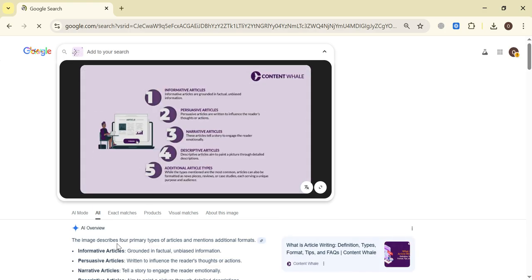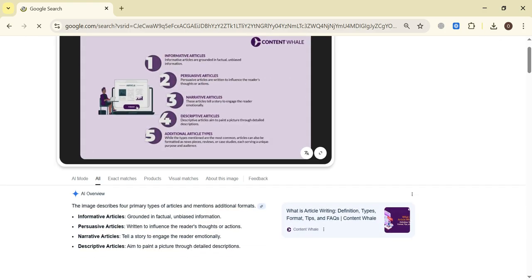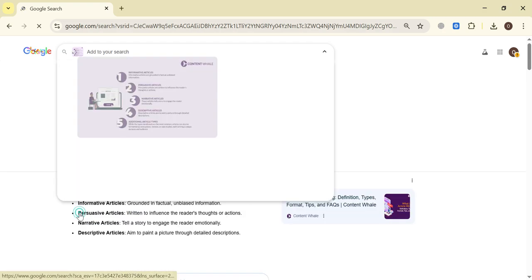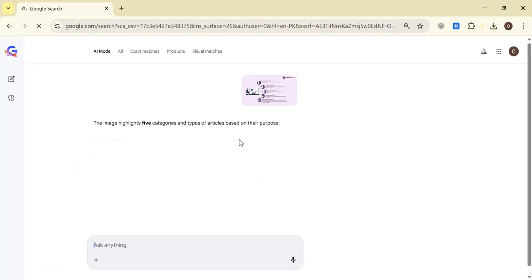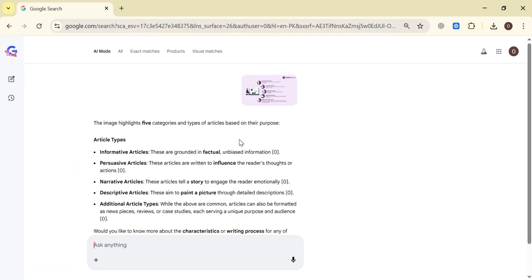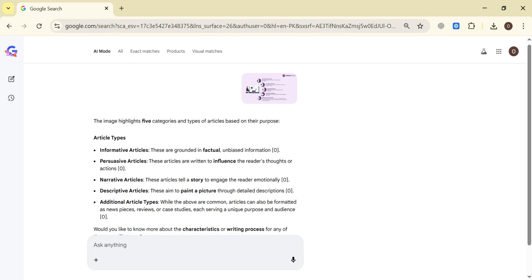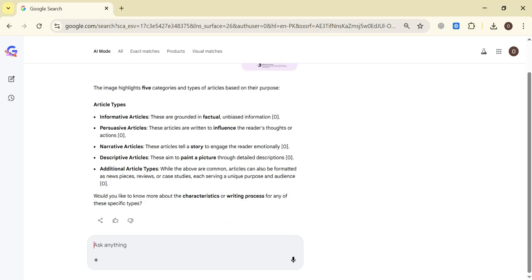As you can see, it has provided the AI overview, but if you click on AI mode, it will provide you all the information in text form, like it provides in the form of ChatGPT. As you can see, it has provided all the information required. You can also write any command and it will do it accordingly, like if you want to convert into German or any language, or if you want synonyms or easy wording for this text, it will provide you each and everything. So that's how basically you can use Google Lens.